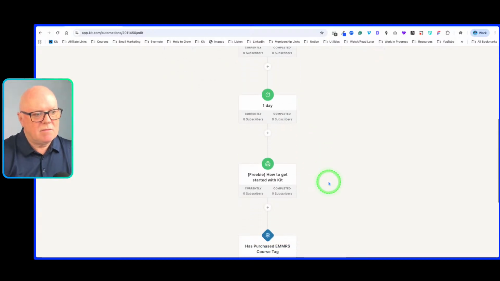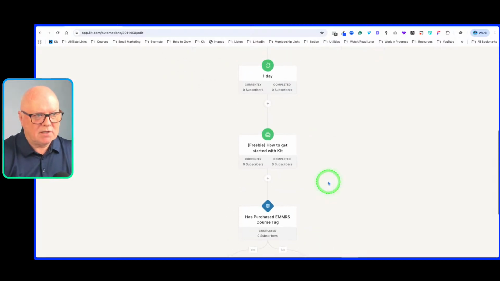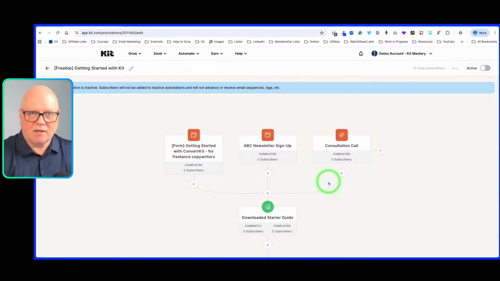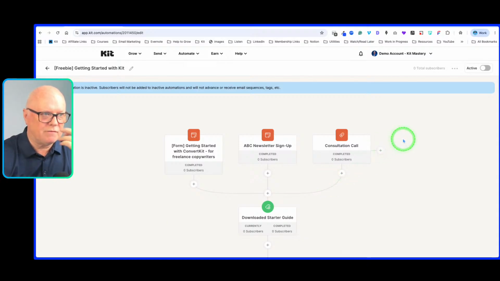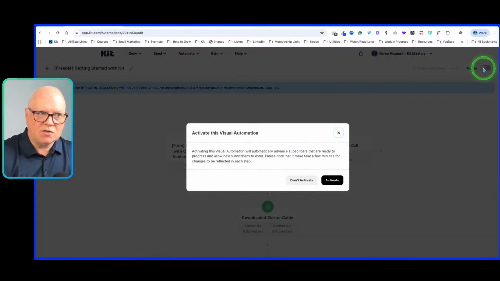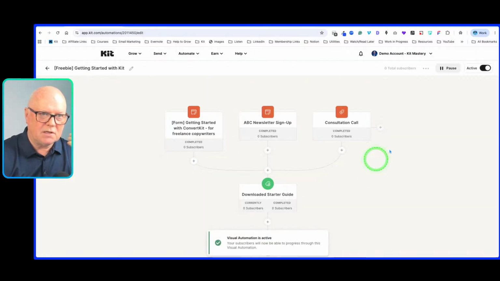So I won't add any more complexity to this automation. Hopefully that gives you an understanding of how they work and what they can possibly do for you and your business. The other thing I will say is that it's probably quite obvious, but at the top there's an active slider switch here. When you've created your automation, you need to make sure you switch that on. You need to make sure that's active, because if it's not active and someone signs up to your form,